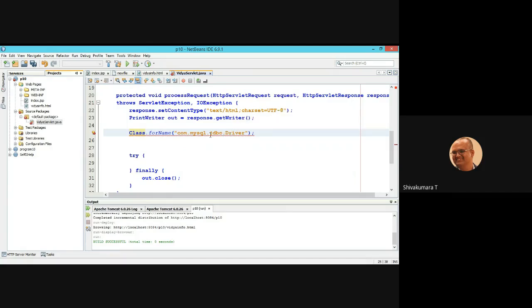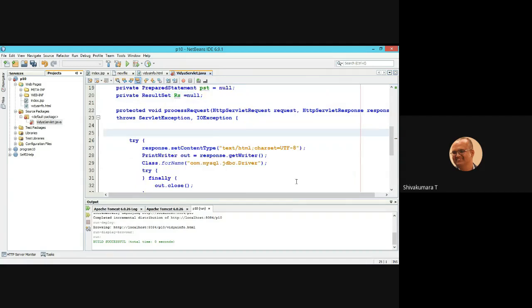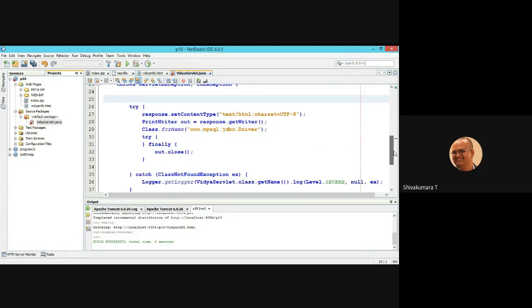Unreported exception, it may throw a ClassNotFoundException. For that, you surround this statement with a try catch block. So that problem is resolved.